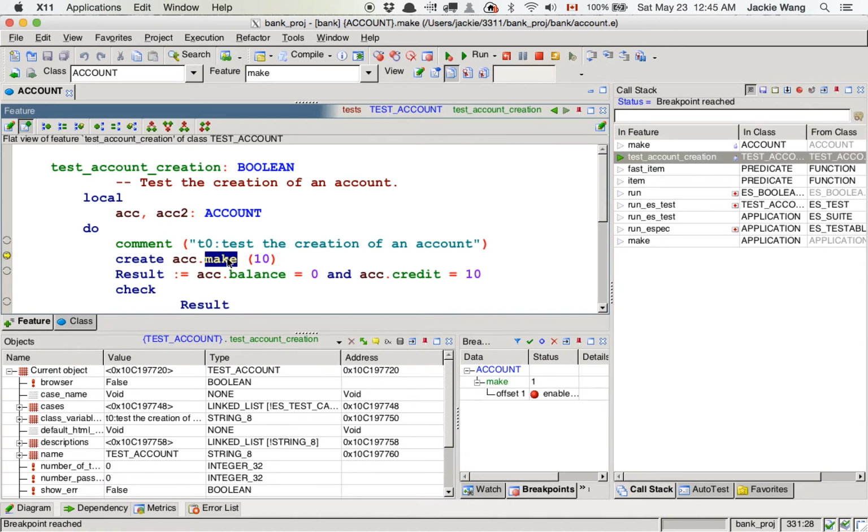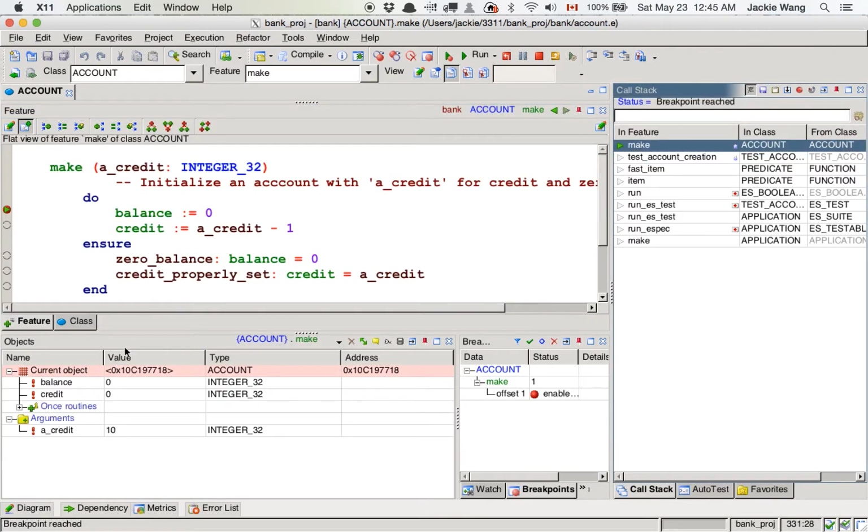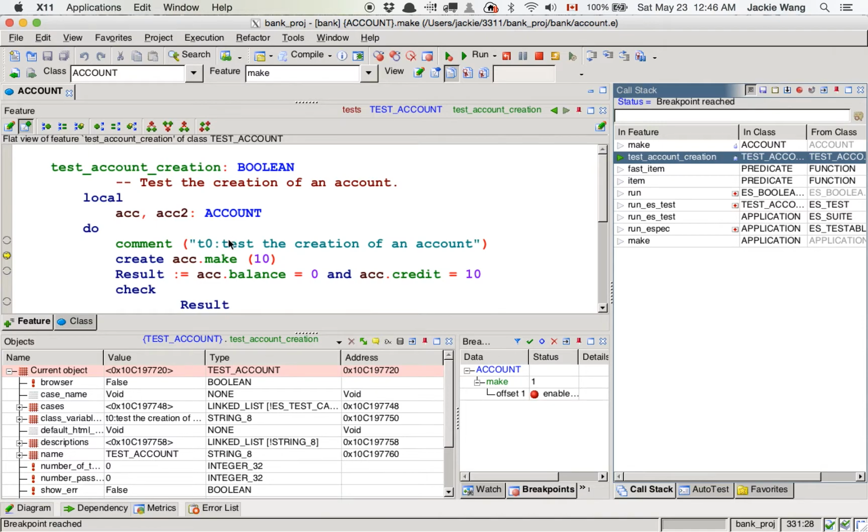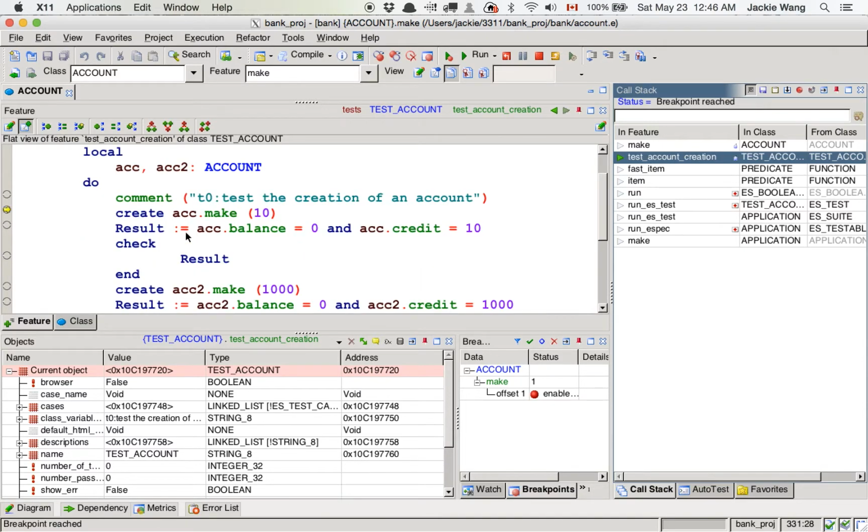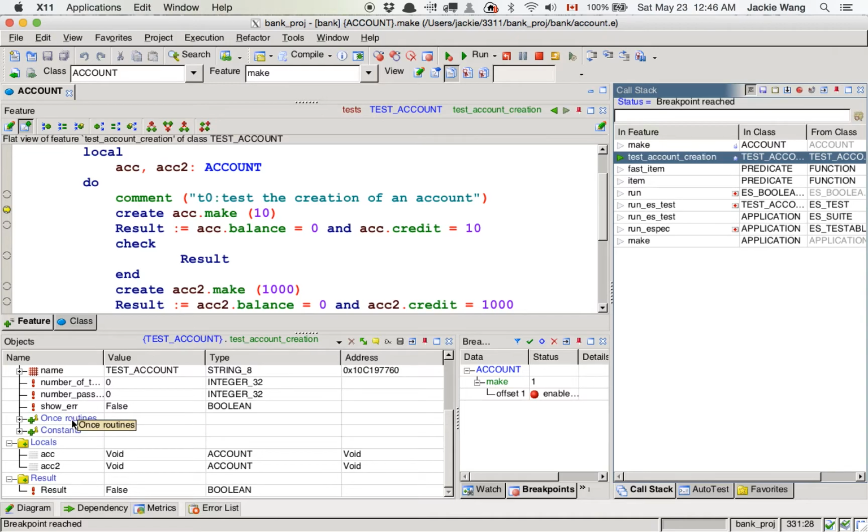So we are making this feature call on the account object ACC. And this ACC over here is indeed the same object as here. Let's verify that to really convince you. Okay, now let's see. Here we can see that the current object is now test account, right? And we can see that under the local variables,